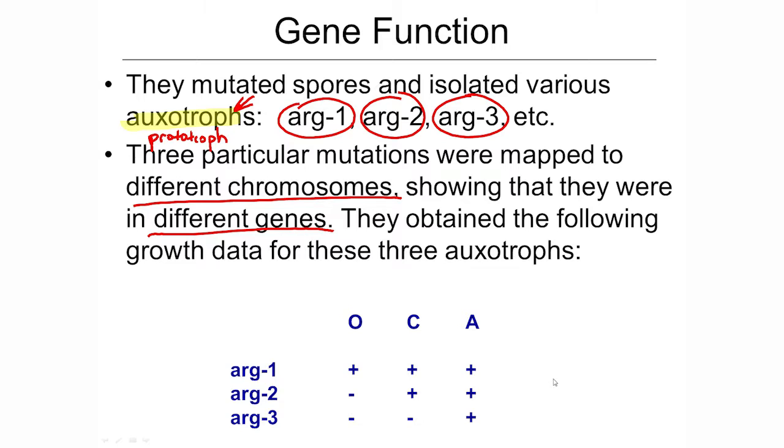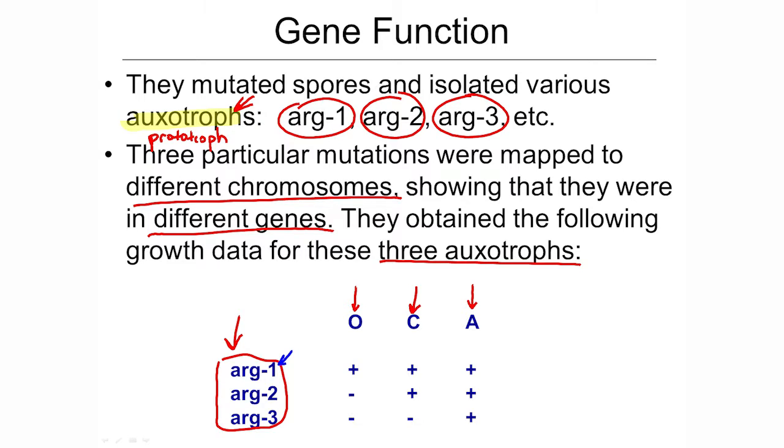Now, there's a table here that shows some growth data for these 3 different auxotrophs. I've seen people get confused about this data before. I think it's mainly just a matter of reading it correctly. So let's just take a minute to make sure we understand what this is saying, okay? So here are the 3 different auxotrophic mutants, Arg minus 1, minus 2, and minus 3. This O stands for ornithine, this C for citrulline, and this A for arginine. So basically, this is what it means, okay? If you take the mutant Arg minus number 1,